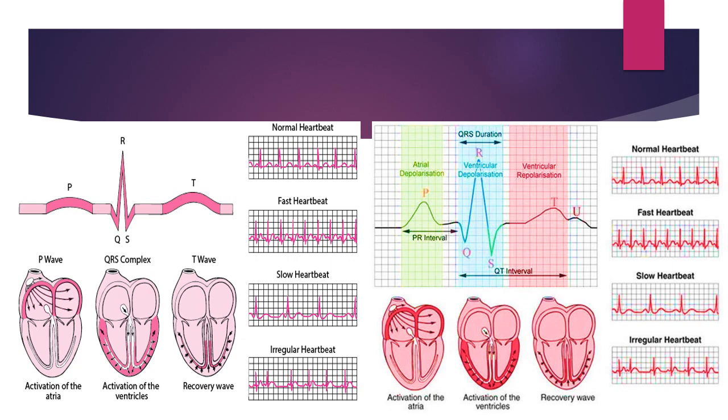That entire stretch from the Q until the T is called the QT interval, and each one has its significant numbers, which is what shows up on the ECG. When you learn the ECG in detail, you need to understand what each box indicates. The P wave is supposed to be at a certain height, and it should not be more than 3 boxes. There are certain calculations on that which you will learn in depth when you study ECG. But this is at least the basics. In this topic, we'll be learning why arrhythmia occurs and what the types of arrhythmia are, rather than going into the depth of ECG.